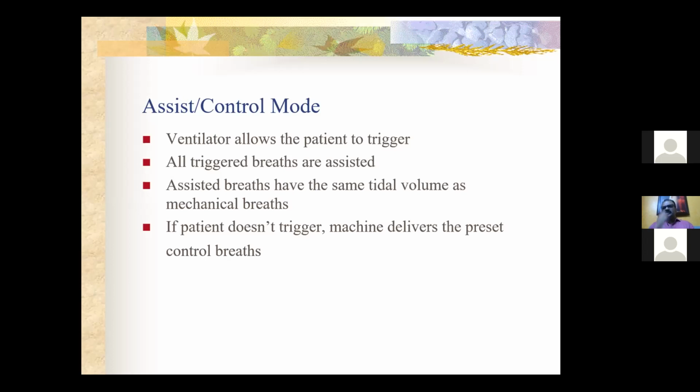So there's less patient asynchrony with the ventilator. If the patient doesn't trigger, the machine delivers a preset control breath. You give a breath, wait for some time, and if the patient takes in a breath, it is supported. Otherwise, the machine will give a mandatory breath. If the patient triggers, it gives a supported breath, which will give the same tidal volume as the mandatory breath. And if the patient doesn't trigger, then after a period,